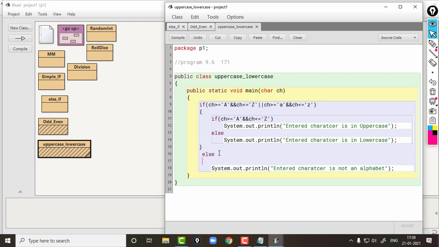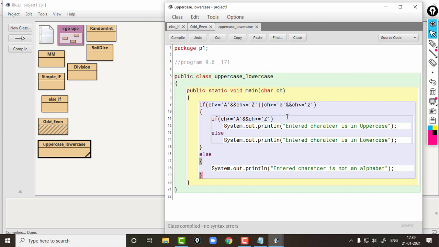Now it will be easy. Okay, see, what we want to check is that we will give a character value to this variable ch, any character value.